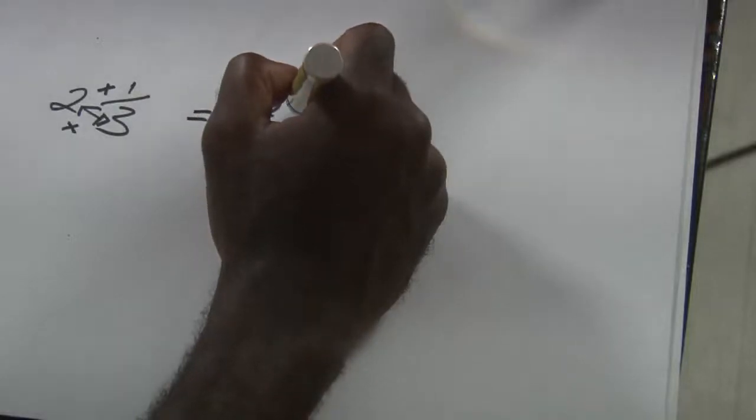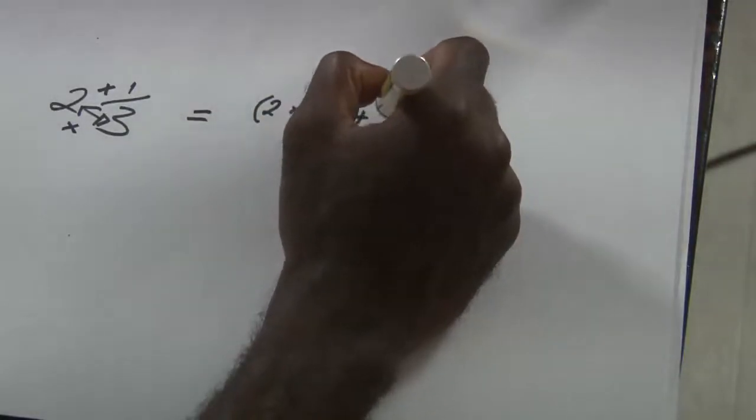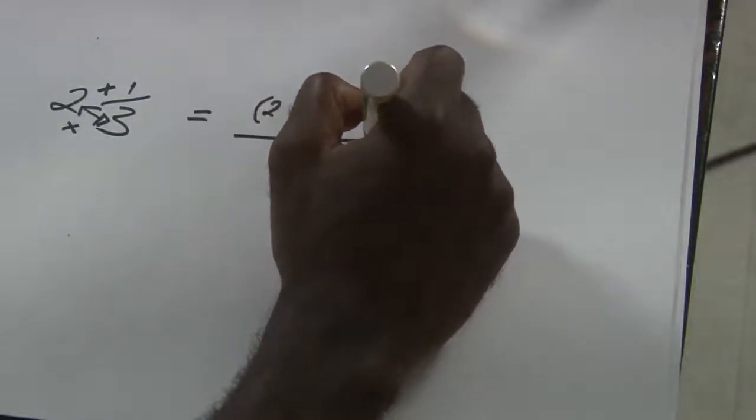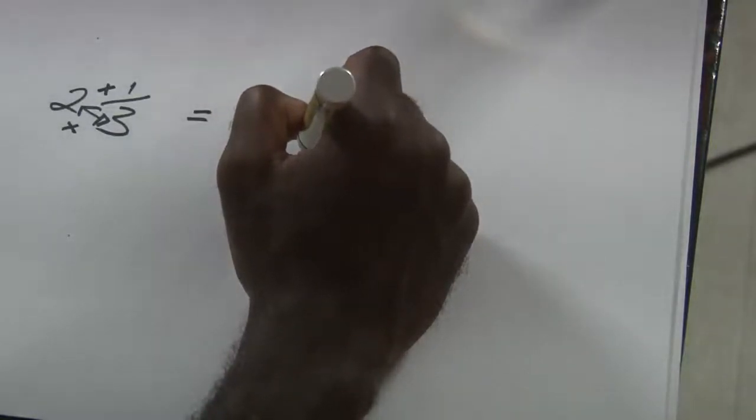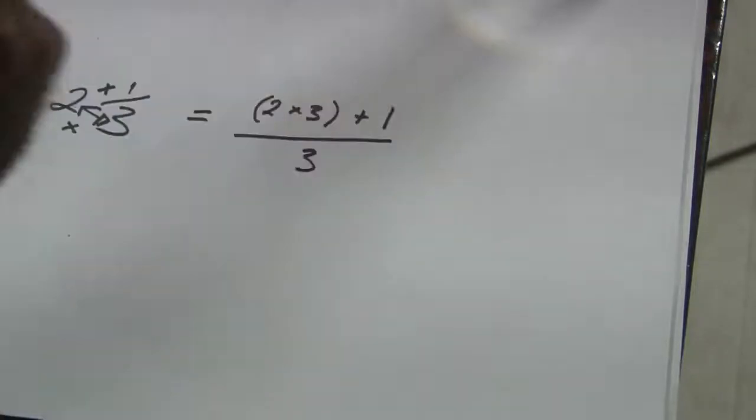So that gives us 2 multiplied by 3, and then we add 1, and then we put that on top of your denominator, and that gives us